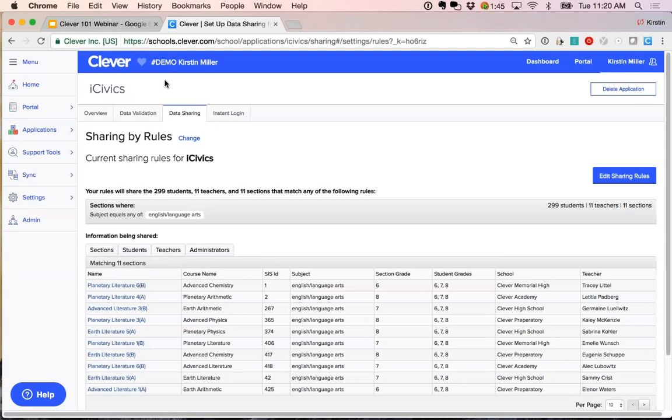Great, and now iCivics is actually up and available for my students to use. If they logged in to their Clever dashboard or their Clever portal, they would click on iCivics and be directed right into a brand new account that would be created for them. And then one final piece,